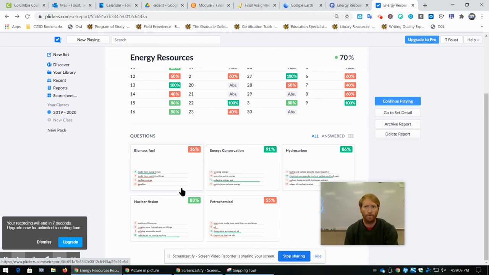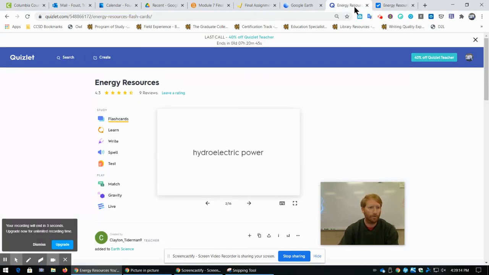The biggest challenge, though, with Quizlet was that it was a little quirky. I'm running out of time, but Quizlet was a little quirky today. It had a few kids messing